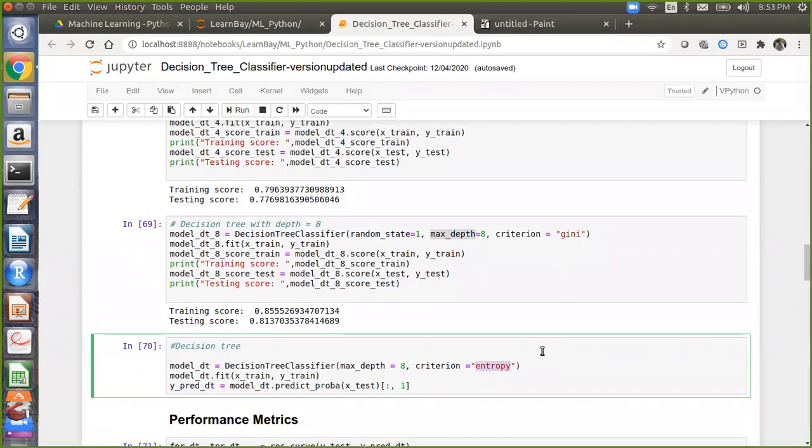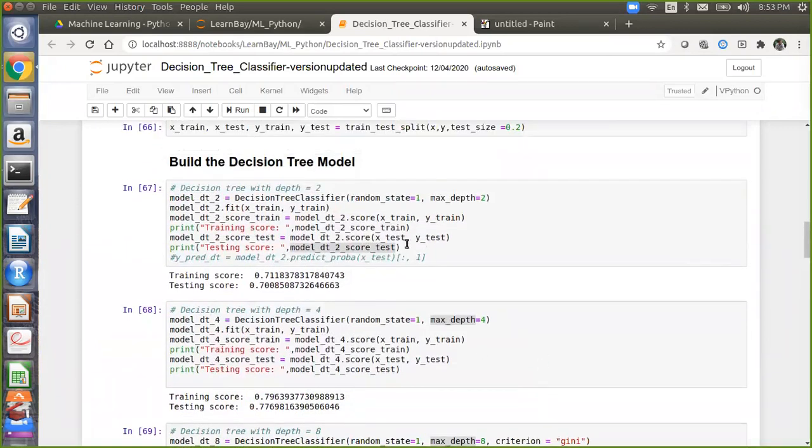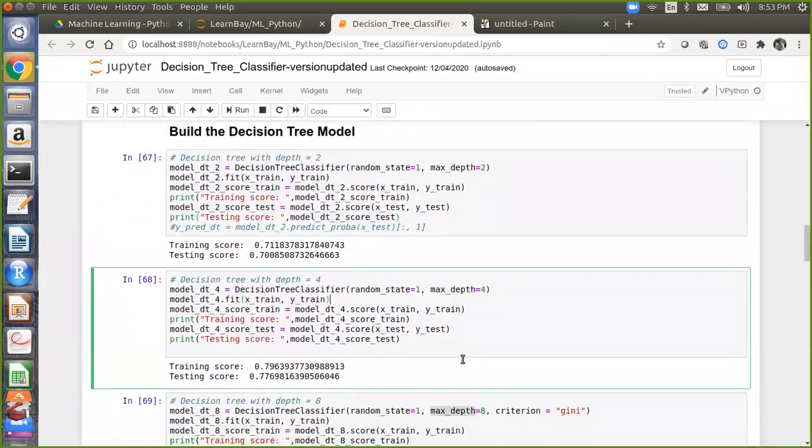So I have shown you one example of how I'm doing hit and try. Now, what is your assignment for this week? You know the max depth parameter, min leaf, max leaf parameter, and one more parameter, criteria equal to Gini. Now you have to hit and try with different values of depth, and come up with the model with the highest accuracy. This is your assignment. You can use this as a reference skeletal code. I will share it today, and you have to do this research and come up with the best model with the most optimal parameters.